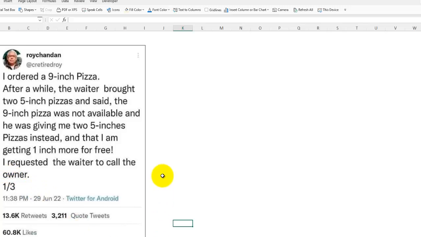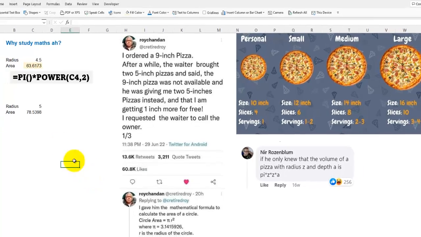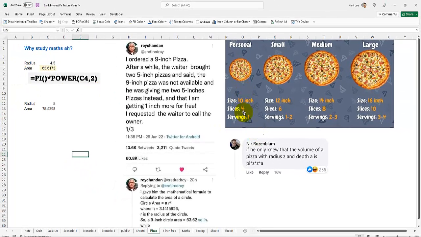And now, ladies and gentlemen, you have a very, very fun slide. So let's look at the pizza. Why is that so? You can see here, a 10 inch for small size, only one person. 12 inch, right? These are all just some ideas. But now you know why you want to study maths, right? In fact, one genius says that you can put the pi, pizza, right? It's a pizza, so you put the pi and then times z. Z is the radius, and then